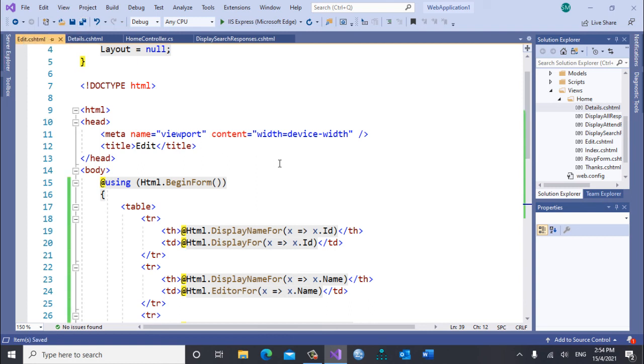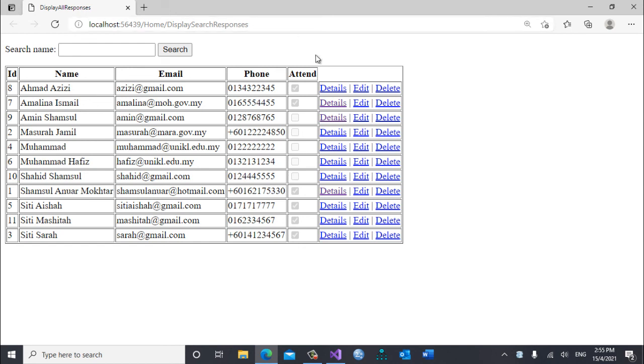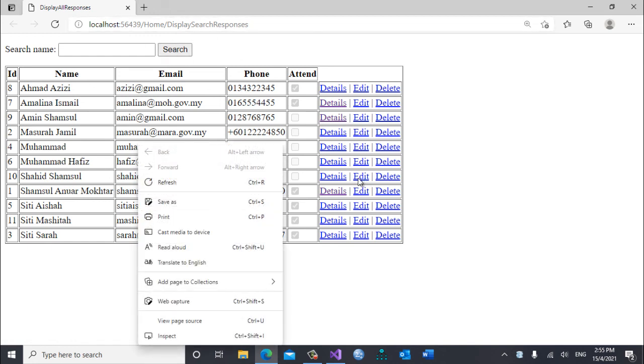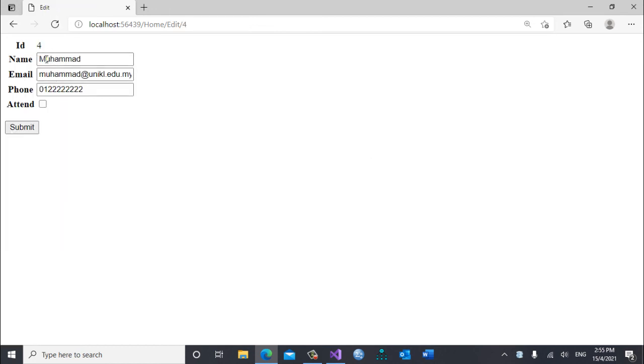Now let us try to run this. Again, when we run, everything here we run from the display search response, because you need to pass the ID. Let me run this. Now let us try to edit something. If I edit, let's say Muhammad, this is ID number 4, I click edit. You can see that this data has been displayed